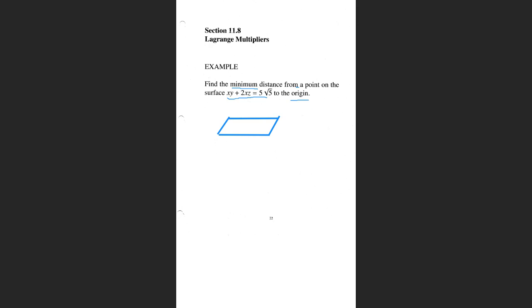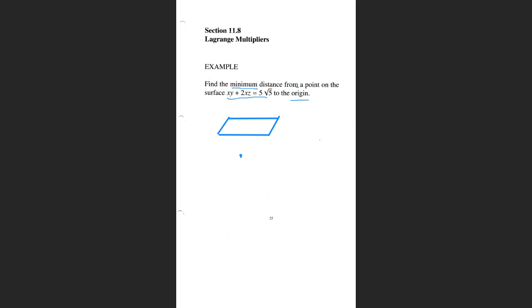And if you had, for instance, a plane, and you had a point not on the plane, if you had a point outside the plane and you wanted to find the minimum distance between the point and the plane,